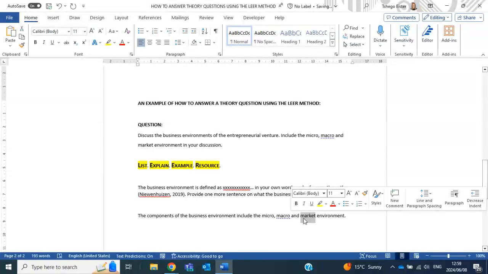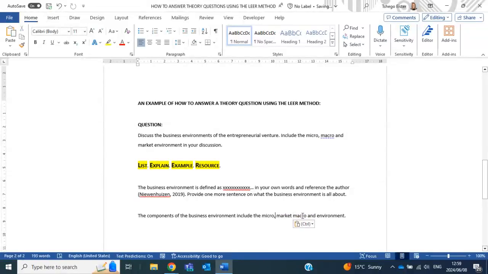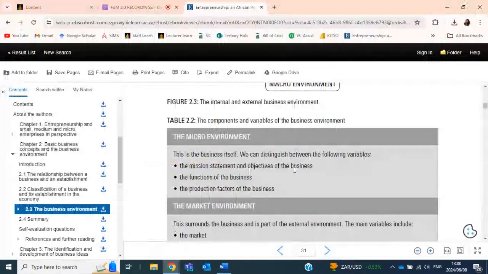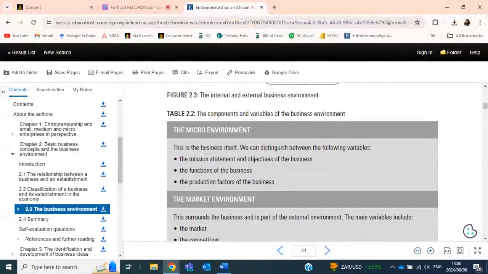And in fact, the market environment normally comes before the macro environment. The components of the business environment include the macro, and again, this is 2019, right? And then you will say, because now you go back to your textbook and they're saying that the micro environment,